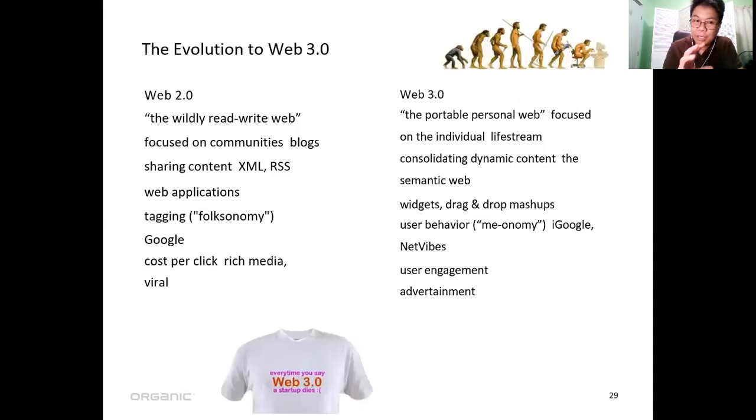Now again, let's try to look into this. So we are now actually in the phase of Web 2.0, which is the widely read and write web. And we are now all community-based blogs. And these are the platforms that we have, our Web 3.0, which is the portable personal web, wherein it's focused on our individual live streams. So we have, of course, the user engagement and the advertainment.